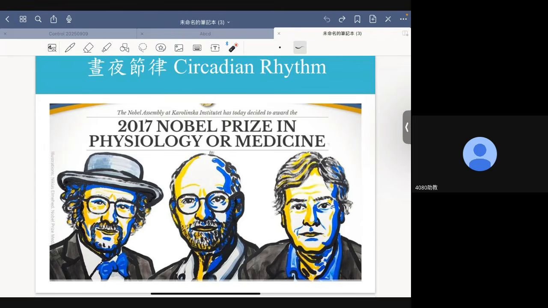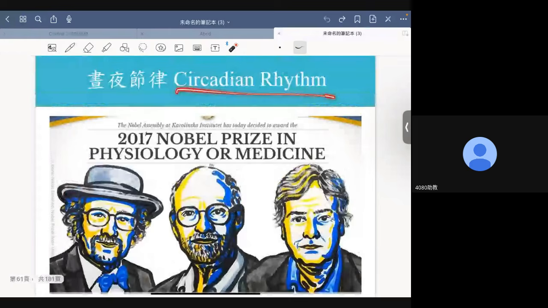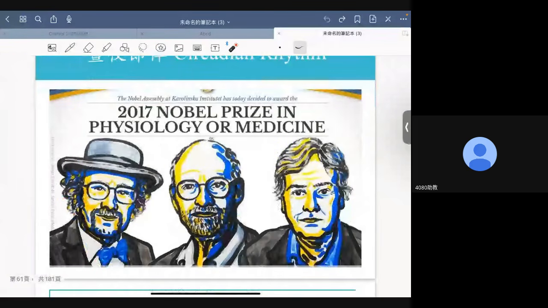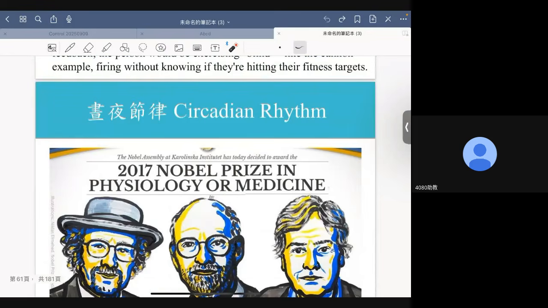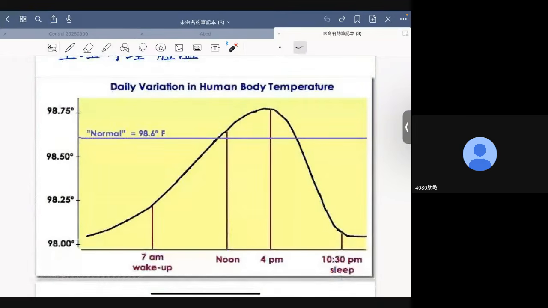Another thing is that the human body has many built-in feedback control mechanisms, okay? For example, circadian rhythm is a very, very important issue. It is so important that three scholars, professors, won the 2017 Nobel Prize in Physiology and Medicine for their contributions on circadian rhythm. What is circadian rhythm? It means the function, the status of the body has a period, and that period is 24 hours. So our body will change